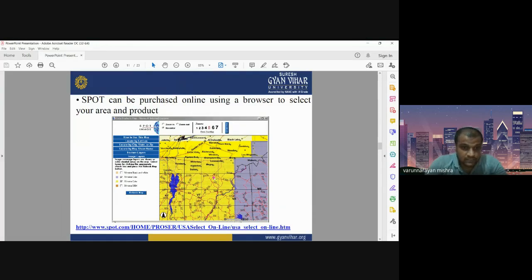It is not freely available like Landsat. So if you want to purchase SPOT data, you need to visit this website of SPOT. Through this website you can get information about different products, and you will have the data sets at different spatial resolutions. It is not freely available, you need to purchase it.